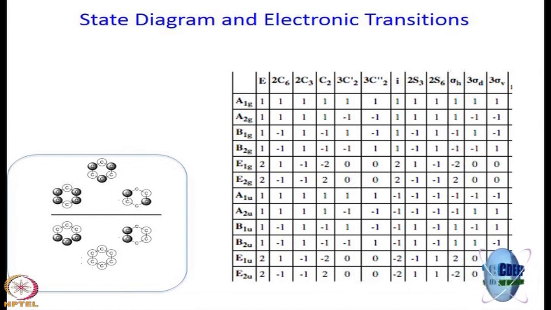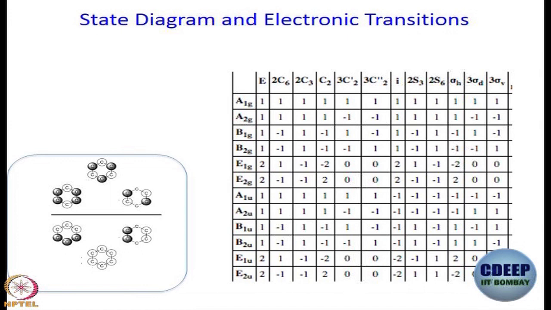C2? C2, what happens when I apply C2? This is my plane, C2 and C2 dash both are like this. If I apply C2, you see the other face, right? So, suppose this face is plus, this face is minus. When I apply C2, or it can be C2 dash, sorry, when it is C2 dash or C2, what am I saying? I said C2, that is why you got confused, I am sorry.